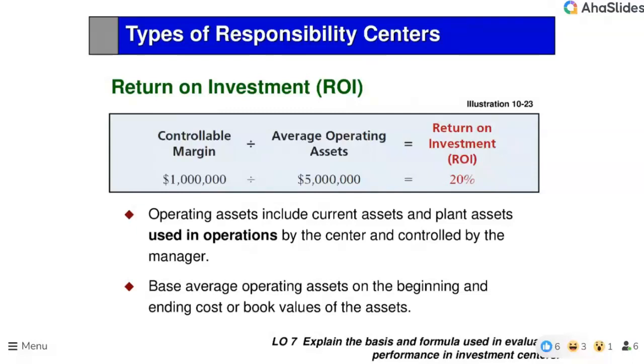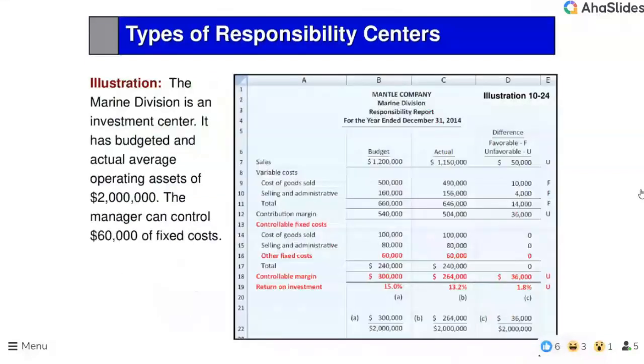The average operating assets that the head of the campus, the campus chair, has is 5 million, so the return on investment is 20%. Now, the operating assets are only those assets that we are using to earn revenue, used in operations. And we come up with what's called ROI. Of course, there are problems here. How do I define assets? Is that book value? Is it original value? Is it depreciable value?